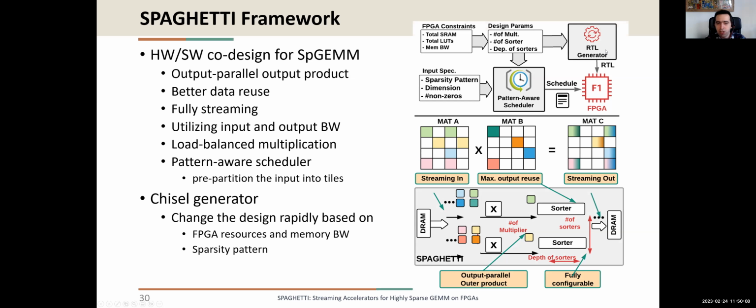Chisel generates the RTL based on the constraints and the design parameters that you give to the generators, like the number of multipliers, number of sorters, depth of the sorters, and then it generates the RTL. You can just deploy the RTL on an FPGA. We used Amazon F1 instances FPGA, and we use this pattern-aware scheduler on our